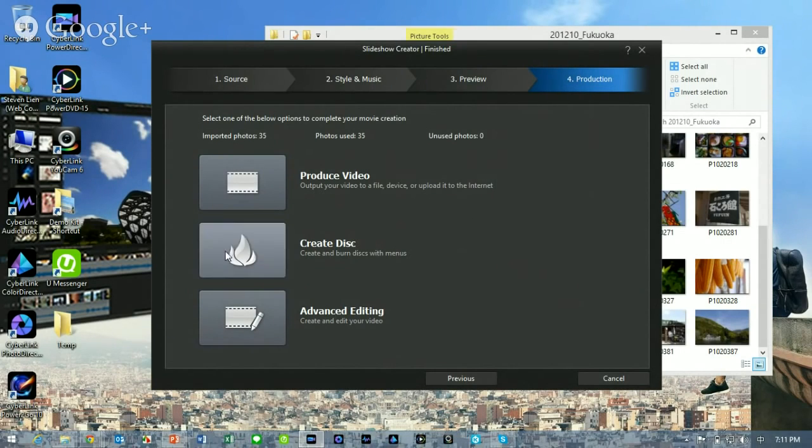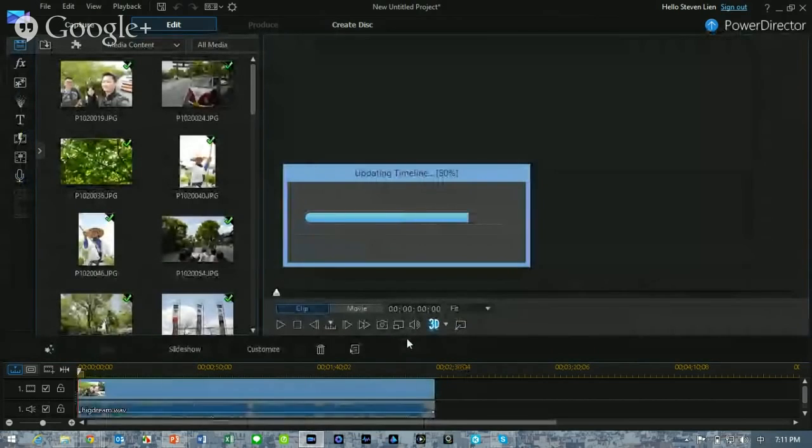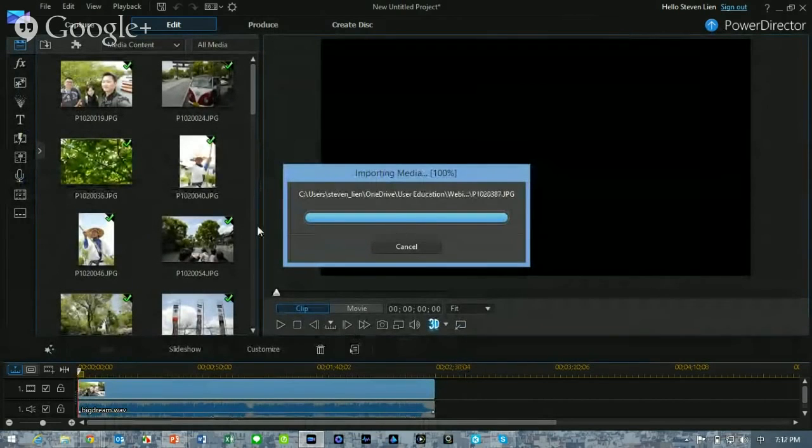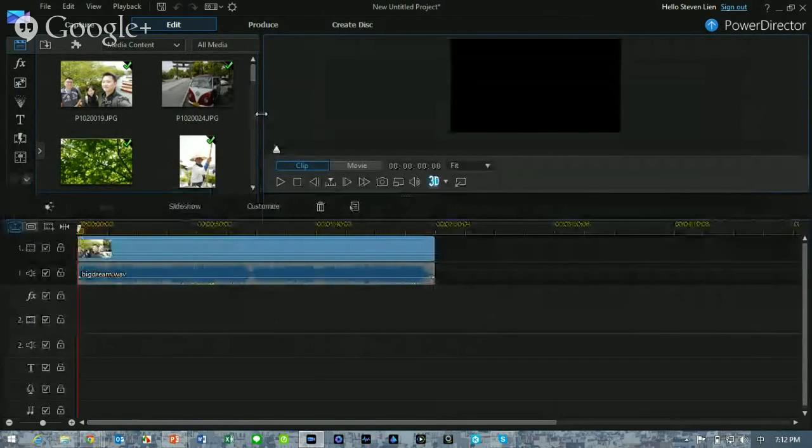The second one is create a disk. If you want to burn your production to a DVD disk, AVCHD disk, or even Blu-ray, you can use this create disk feature. The third one is advanced editing, which will bring you back to PowerDirector's main timeline interface. In this demo, I will use this one. You can see the photos in the media room and the slideshow objects have been imported into PowerDirector already. I rearranged the